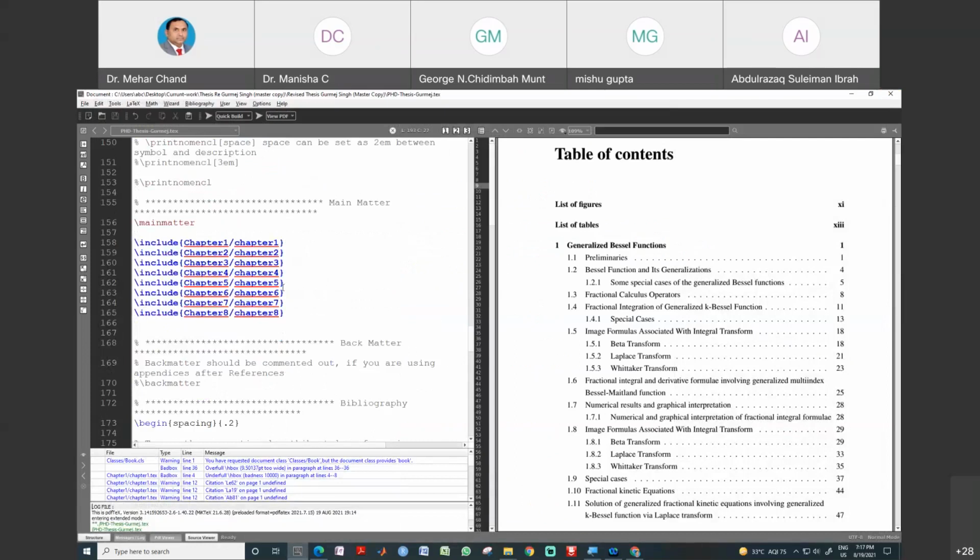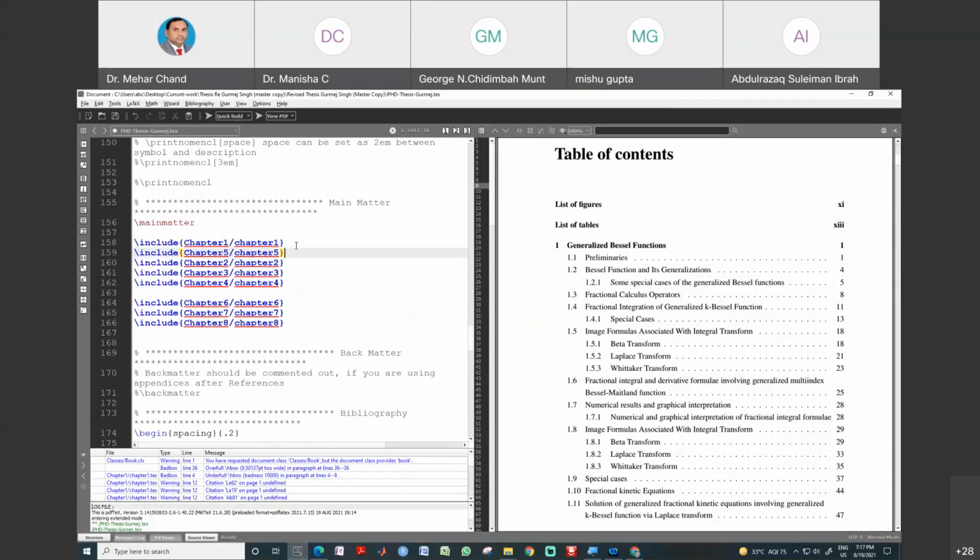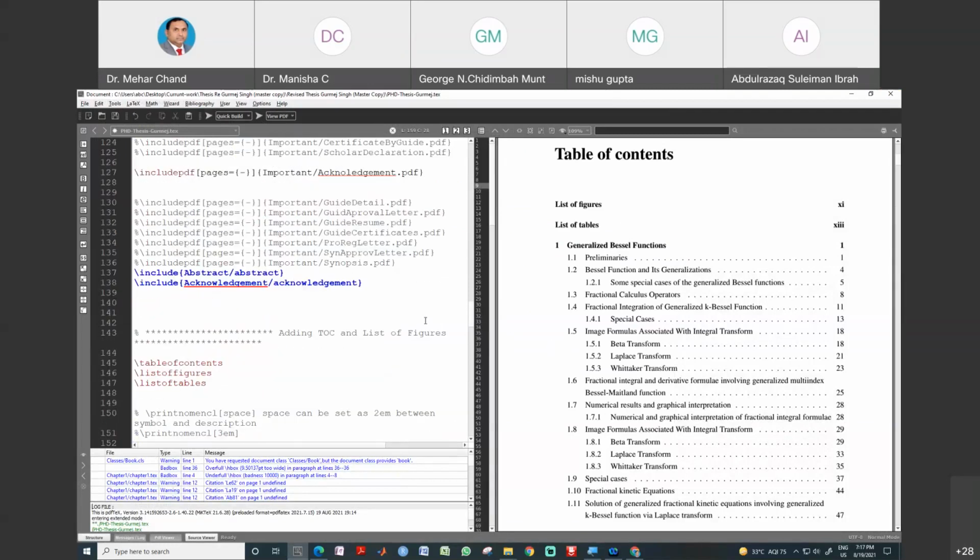See, if you want to change the chapters, if you want to replace this chapter, cut from this place and shift the second to this place. So what happened? The 5th chapter now becomes 2nd, and all these will be reordered. And when you execute this file, all the information according to this main file will be automatically changed in your whole thesis, in your whole book. Okay, so this will be very helpful for all of you.